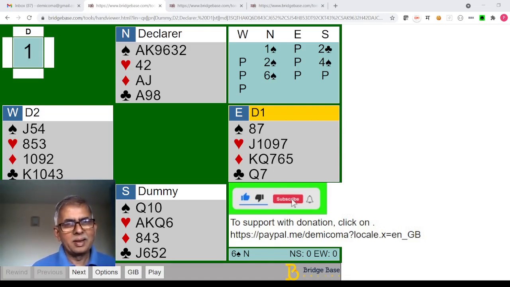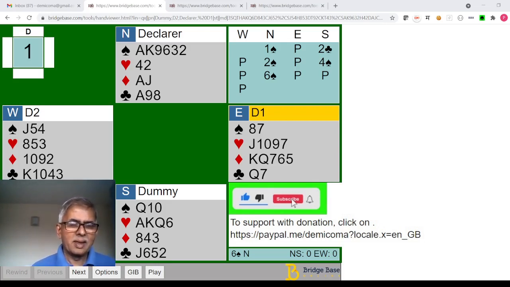Now, I generally don't like to doctor hands or to adjust hands to suit a narrative. I prefer to begin with a hand that came up somewhere. However, when you actually flag that hand for somebody else to see, you cannot help that person having different kinds of thoughts about that hand, about the actions of various players.